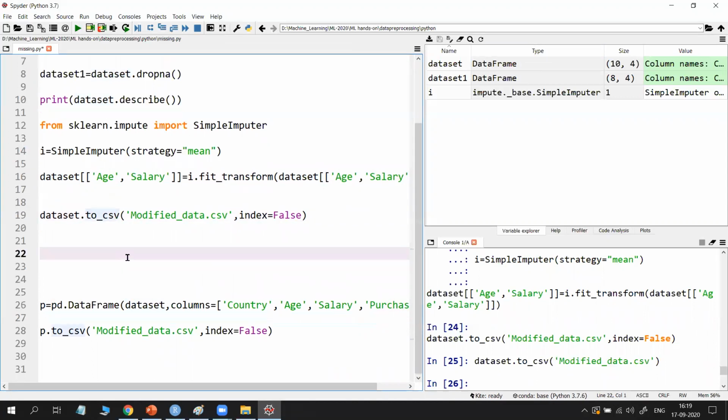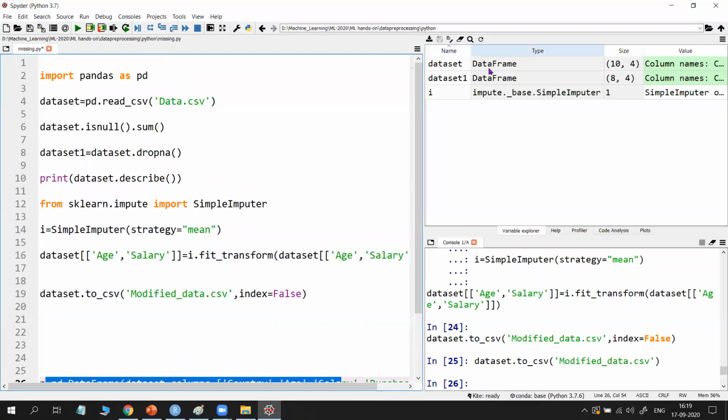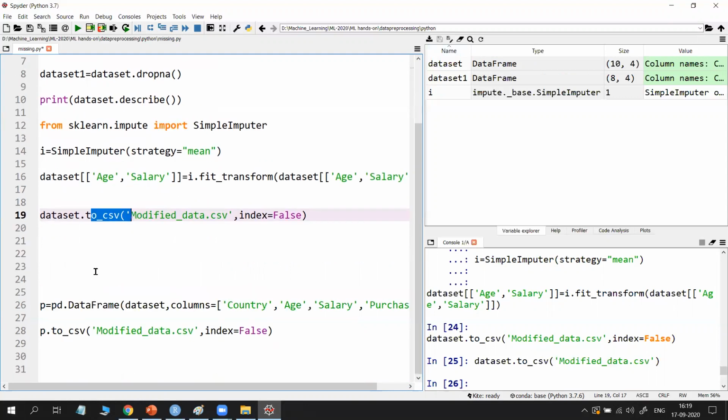In those cases, you convert it back using this syntax. Initially, if you load your data set, it is in DataFrame format. But if you do some modifications, in some cases it may change to another format. Before using to_csv, you need to bring it back into DataFrame format. For that, we use pd.DataFrame of the above data set name in some cases.